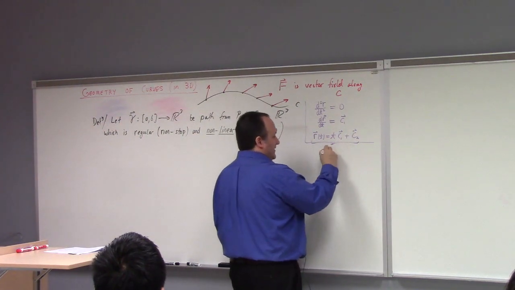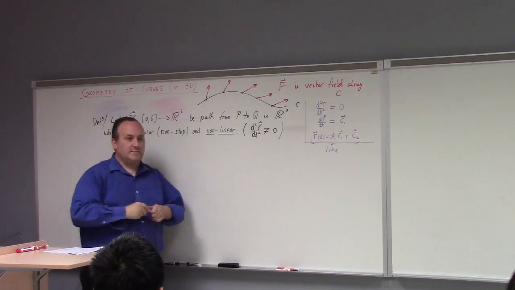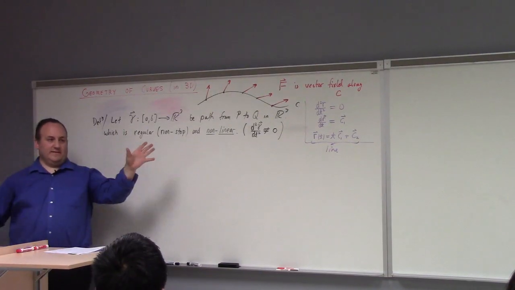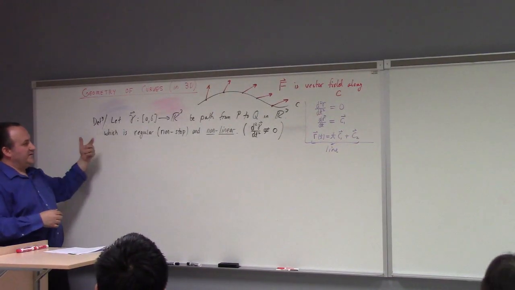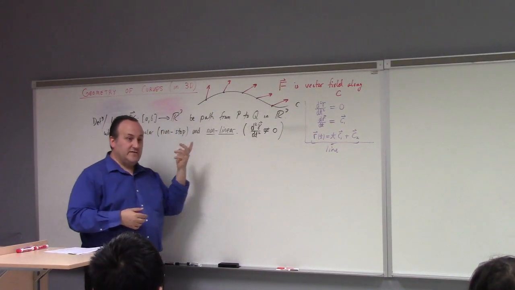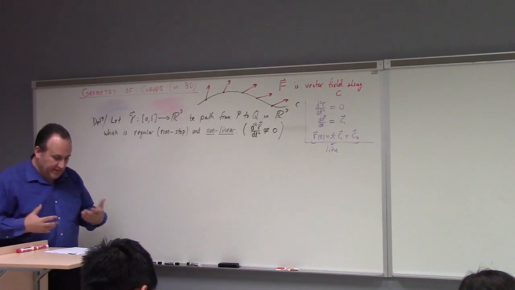That is a line with direction vector c1 and base point c2, right? So we don't want that. We want a path which is nonstop and nonlinear, which is to say that the second derivative is non-zero. Okay? All right, so if you have all that,